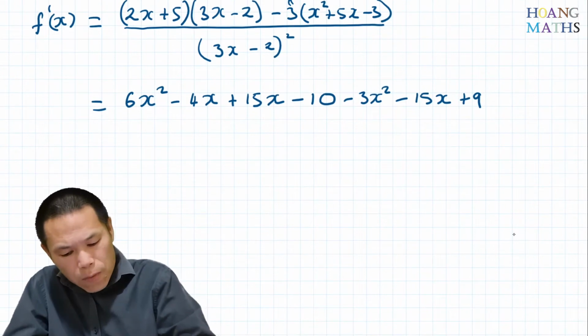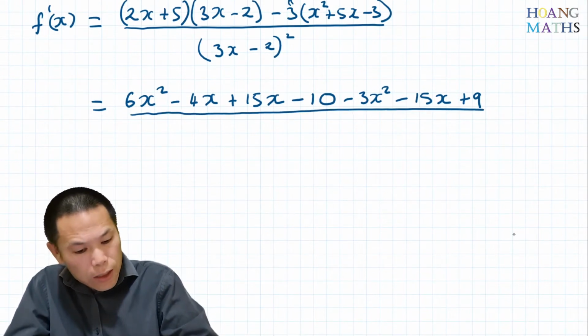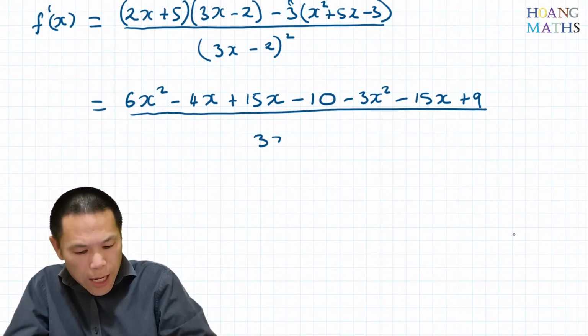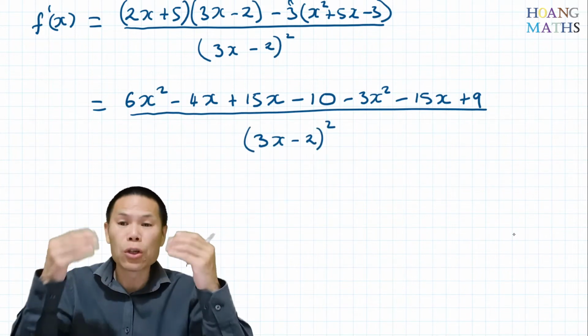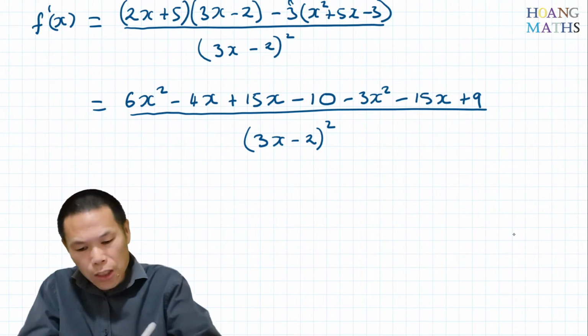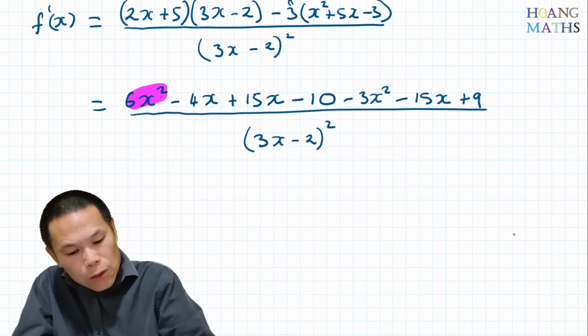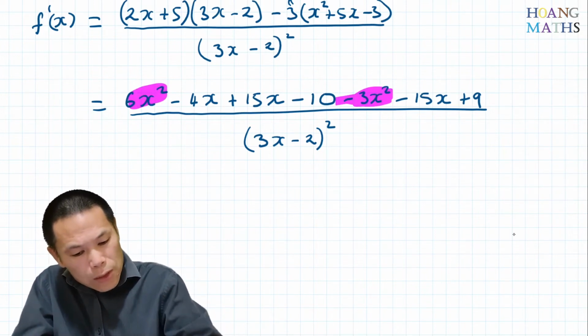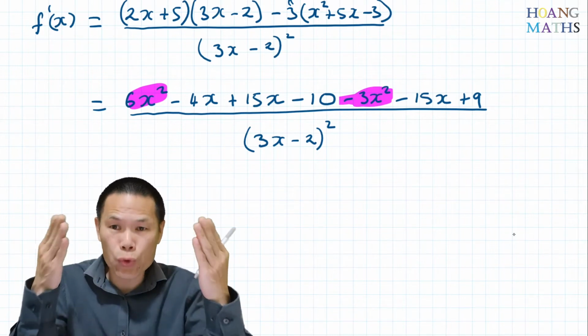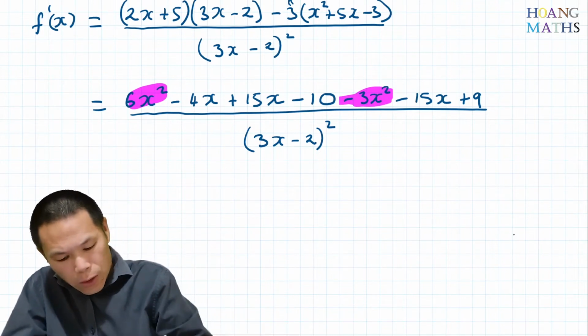There you go. So now I just go over 3x minus 2 all squared. So now I just collect the like terms. So the like terms are 6x squared and we minus 3x squared. So that will give me 3x squared. So equal to